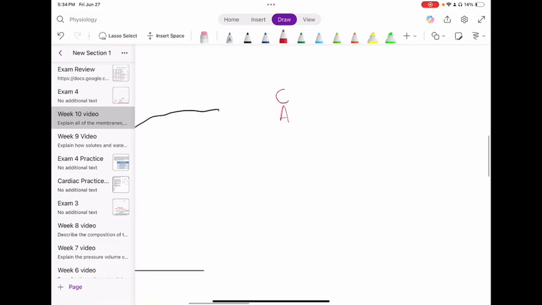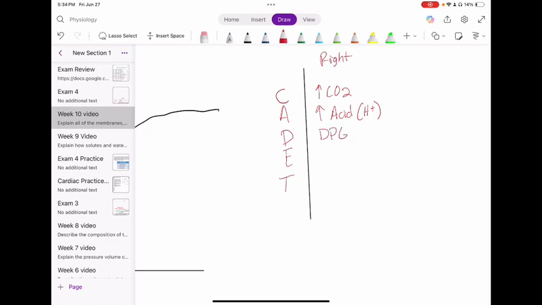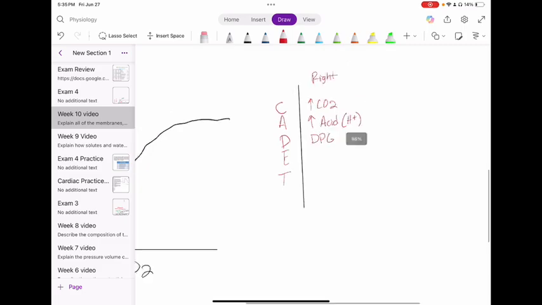But what can affect it? Use the mnemonic CADET. And so this is for a right-sided curve. We have increased carbon dioxide, increased acid, as we already mentioned, hydrogen. We have the DPG. So DPG, what it is it is a,